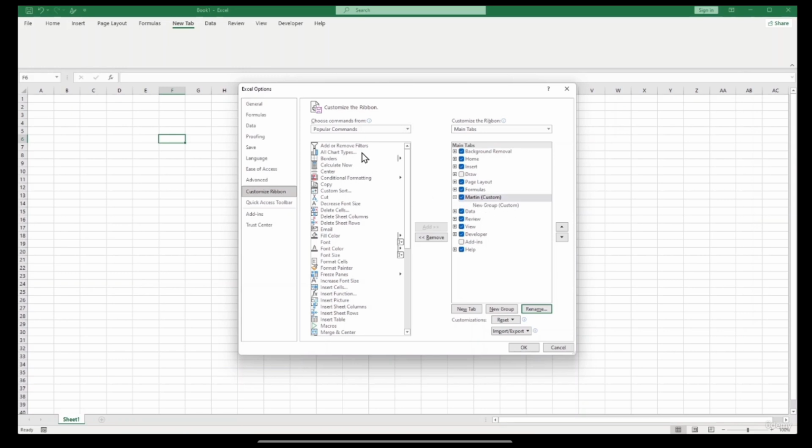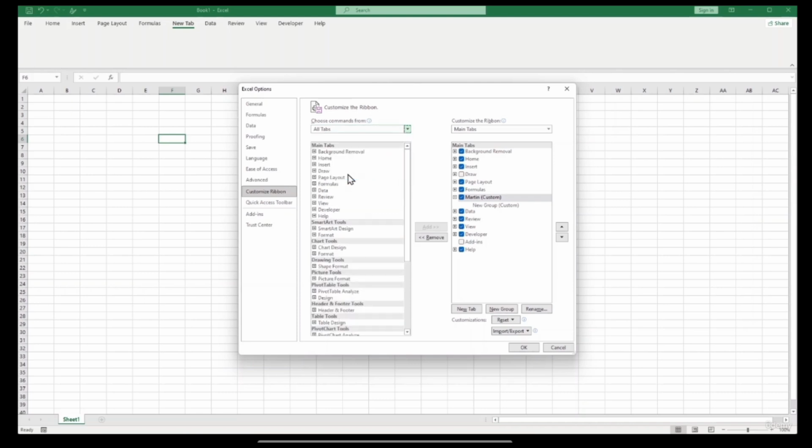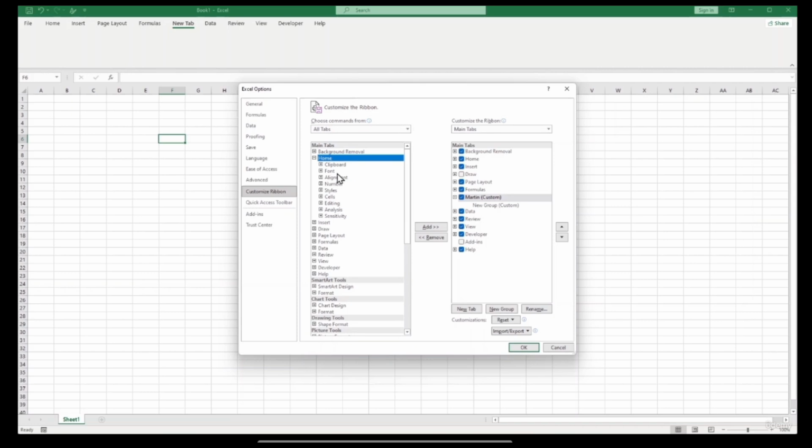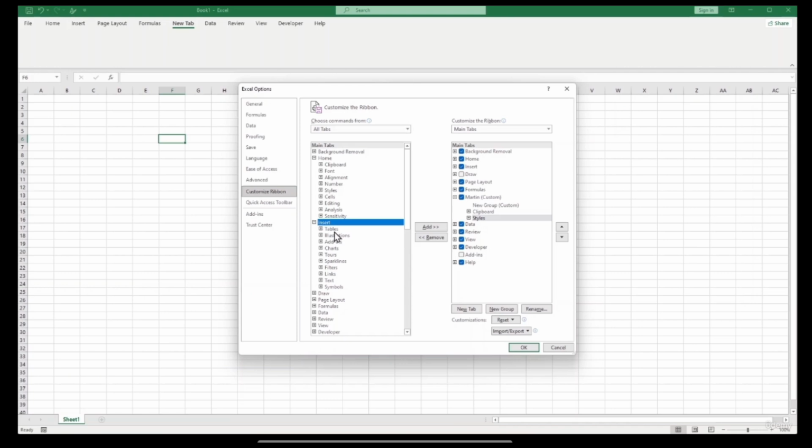Like if I use from All Tabs, then go to Home, and from Home I'm going to use only the Clipboard. Then select this one and hit on the Add. Now you can see this is the Clipboard. I use the Styles, click on that and add it. Then same as go to the Insert tab and use the Table and use the Add. Now it has the Table. Then same way I can use the Link,